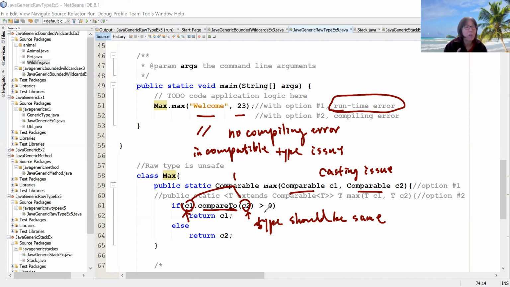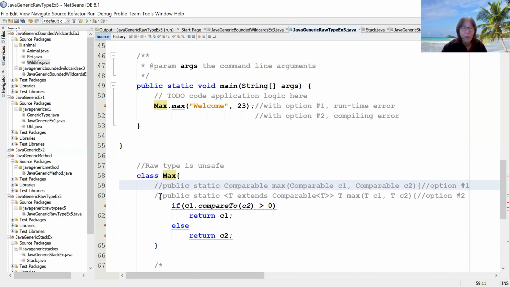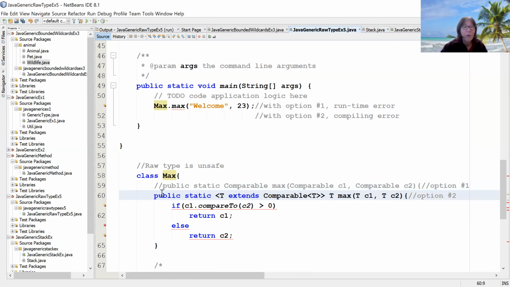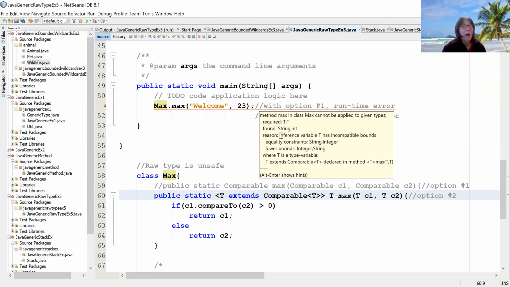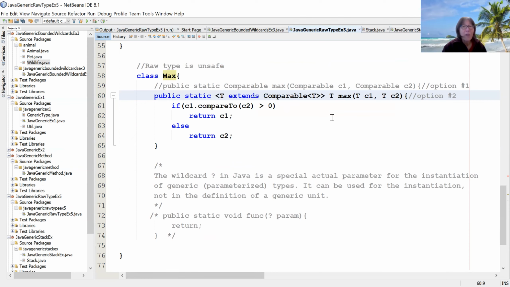So this is not good. That's why over here, if we do this the generic way, then problem solved, is it? So it will remind you with a compiling error, so that you know. Basically that's one of the benefits of generics,